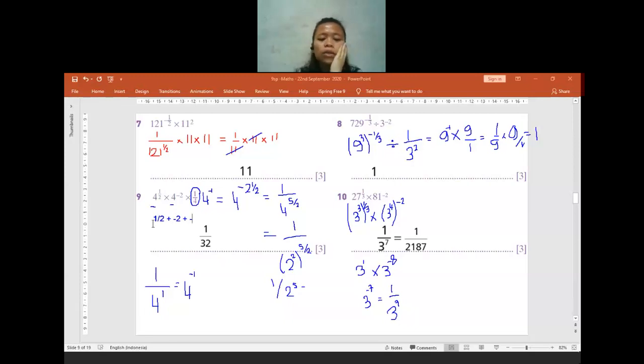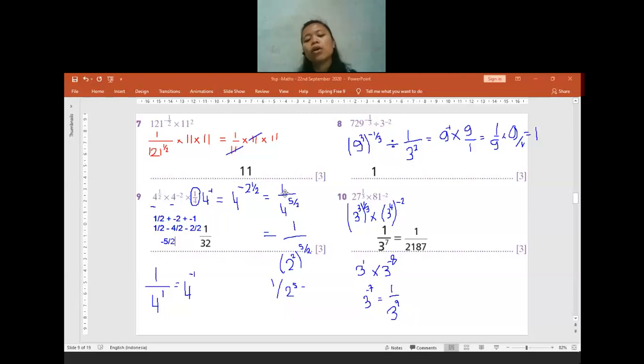Now all of them are in multiplication. When it is a multiplication, we can add the powers. So now we have 1 per 2 plus negative 2 plus negative 1. As I told you, we have to make everything the same denominator. So I will make it as 1 per 2. Plus and minus, I can make it into minus. 2, we can make it become 4 per 2. 1, we can make it as 2 per 2. So now we have 1 minus 4 minus 2, which equals negative 5 per 2.